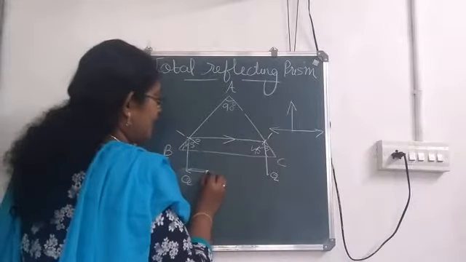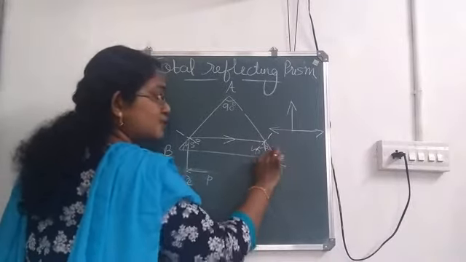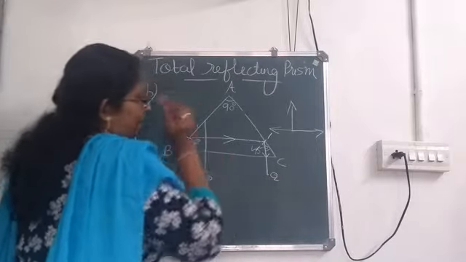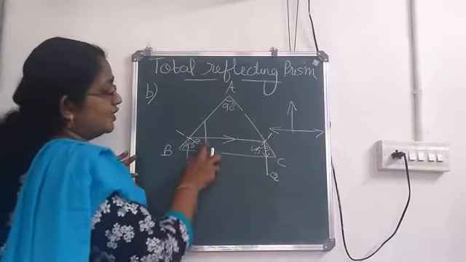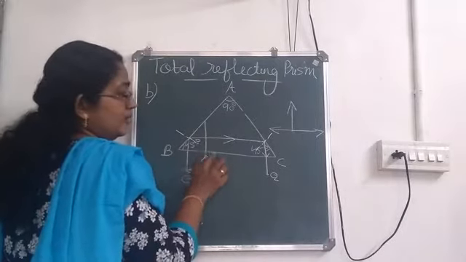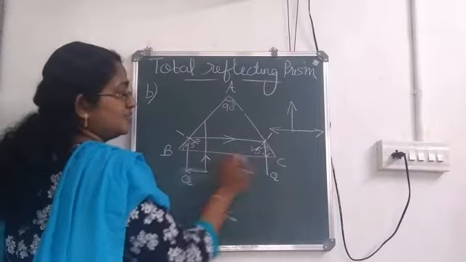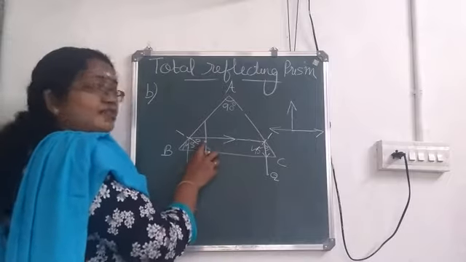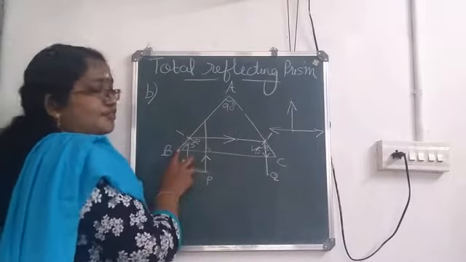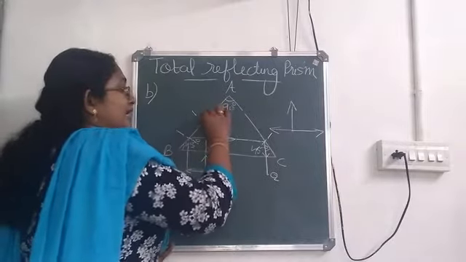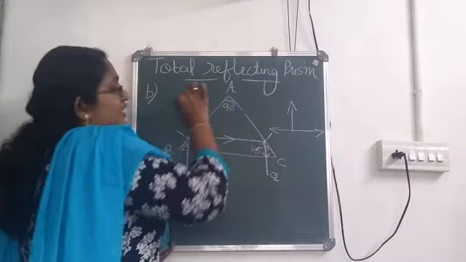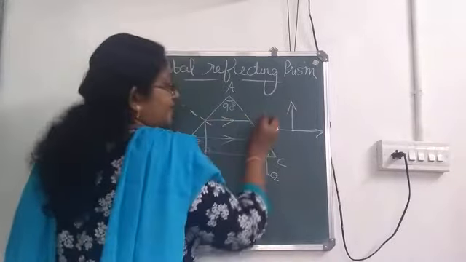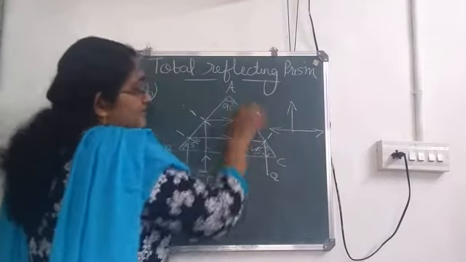Now I am starting from, and in all the cases please put the arrow mark, then only it will be a ray. From P. Here normal incidence, so it goes straight. At first this ray hits on the surface BC. There it is normal incidence, 90 degrees. So no deviation will be there. It moves straight and hits the surface AB. Now here again the angle is 45 degrees, which is greater than the critical angle. So it undergoes total internal reflection and it hits on the face AC.